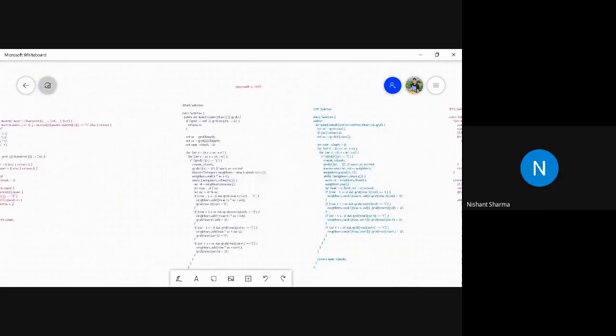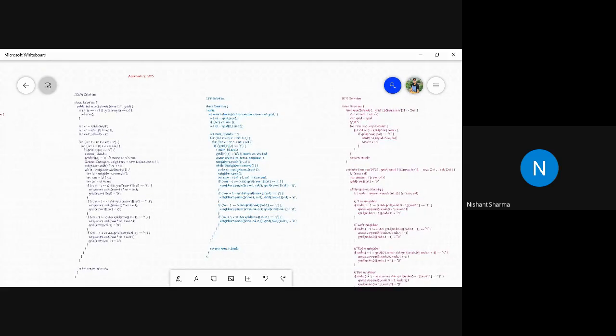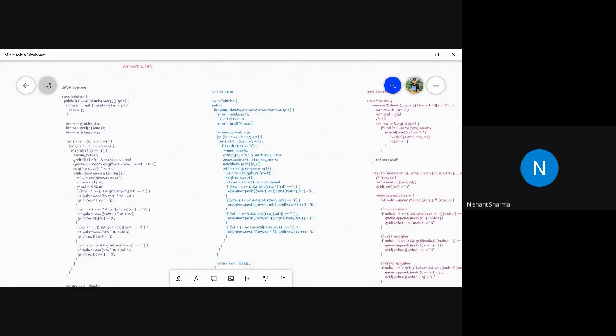Now let's move to the BFS solution, and we will see how the BFS works. I think everyone knows how the BFS works. So what we did is we basically take one queue. We append the root node earlier, and then we try to traverse all the children of this root node. So in the 2D matrix, consider 1 as a root node. Once you find any 1, that becomes your root node. Then you basically go in all the 4 directions and check whether there is any 1. If yes, then you will append it into the queue and try to traverse the whole matrix using that only. So that's the logic for the BFS.